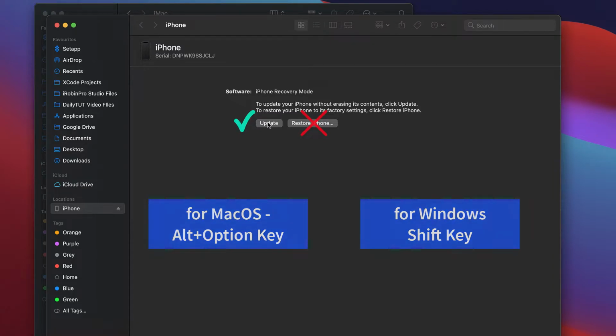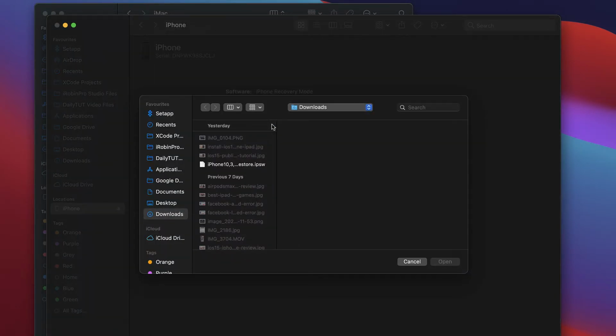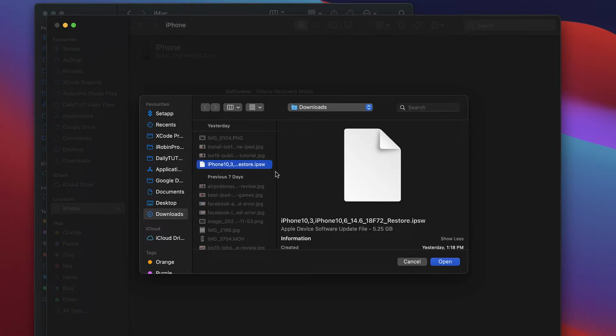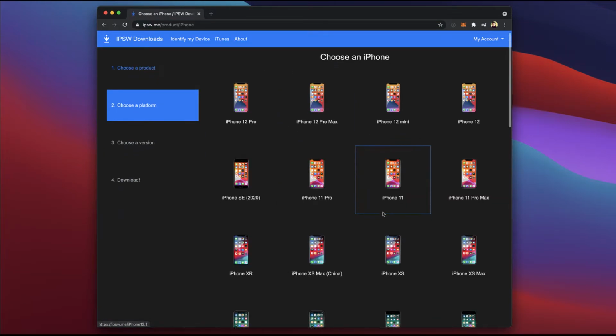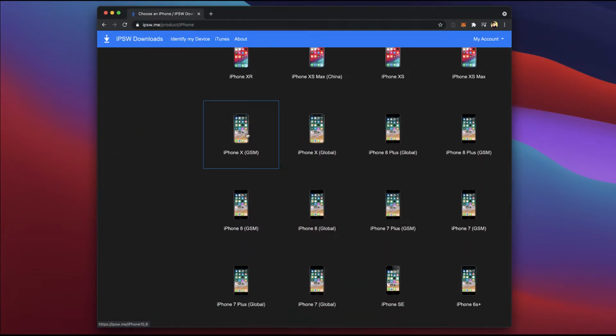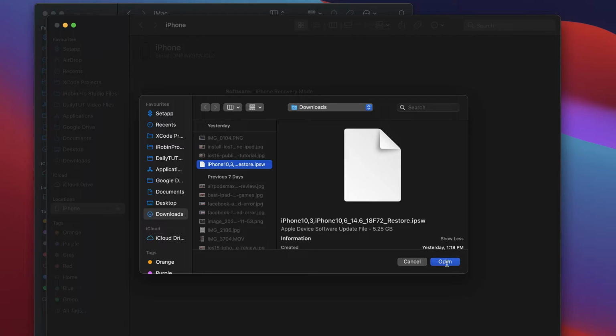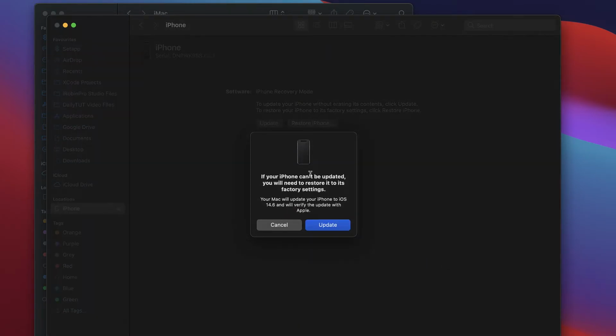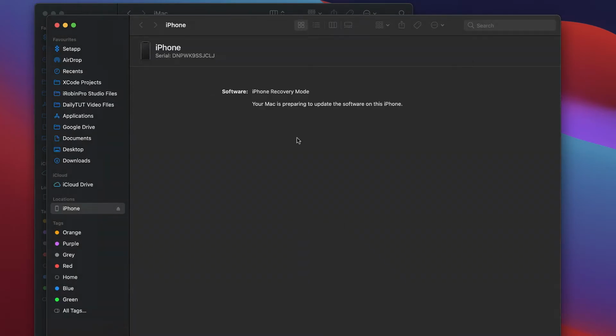It will immediately open the file browser window in Windows, and for Mac users it will open the Finder window. As you can see, from ipsw.me, open a separate browser tab and you can download the IPSW file matching your iPhone that is currently being signed by Apple. It is iOS 14.6. I have downloaded it and kept it in my Finder, and I have clicked on it and it has started to unpack and perform the restore process.